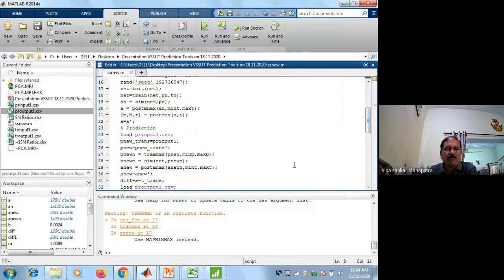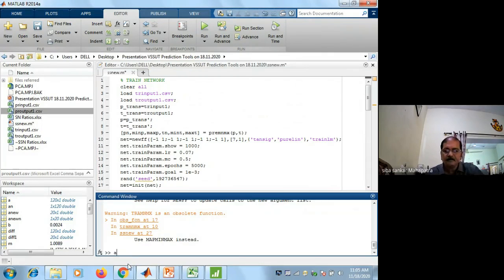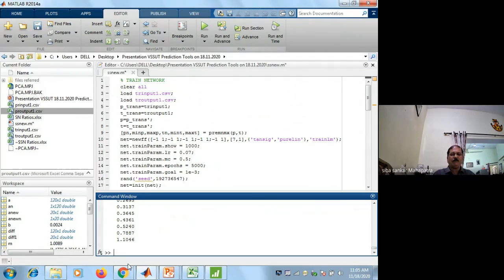During training the prediction value is A, or the matrix is, sorry. Okay. Then difference,